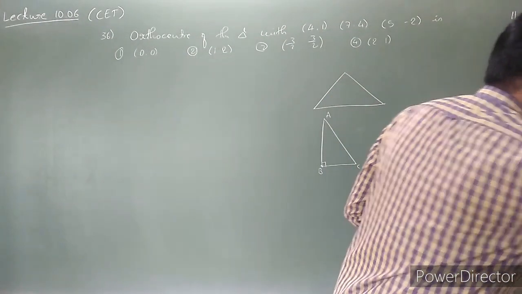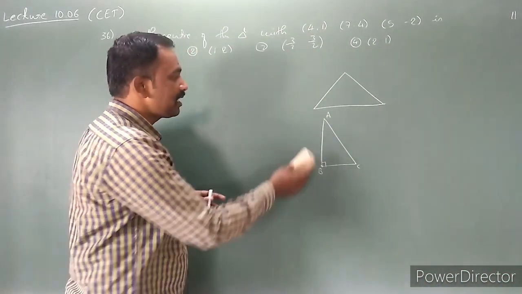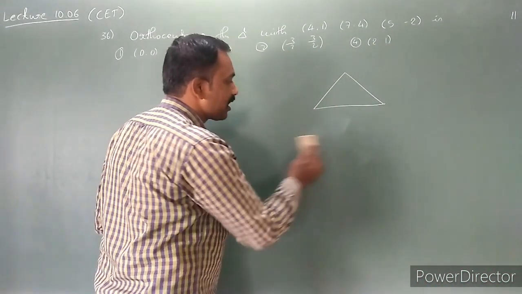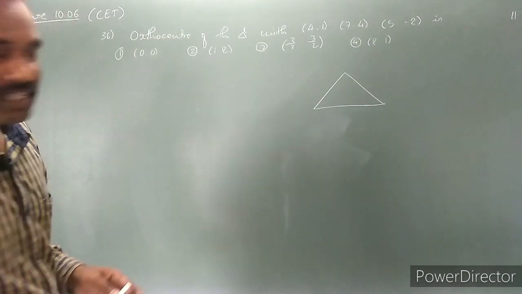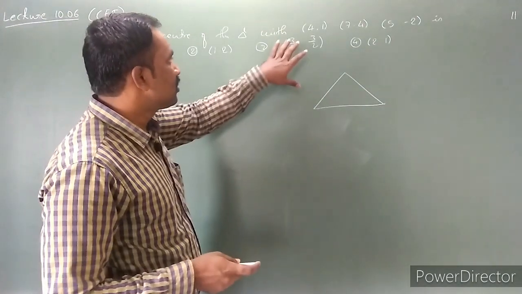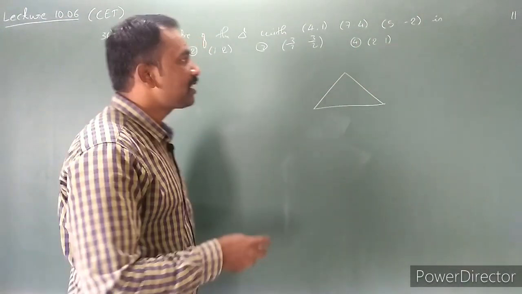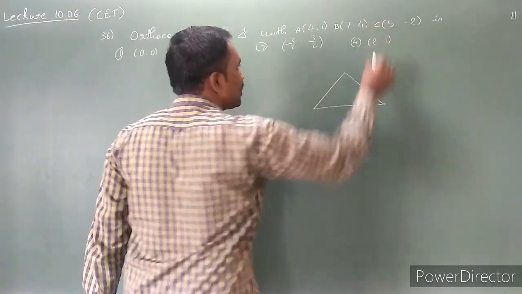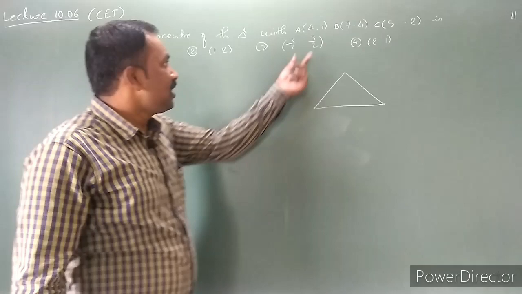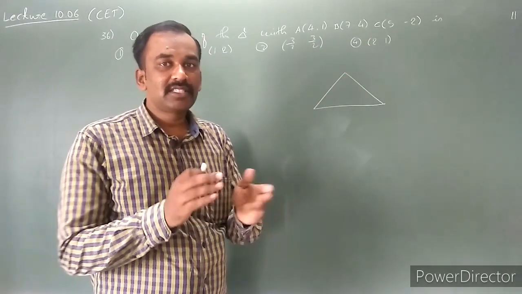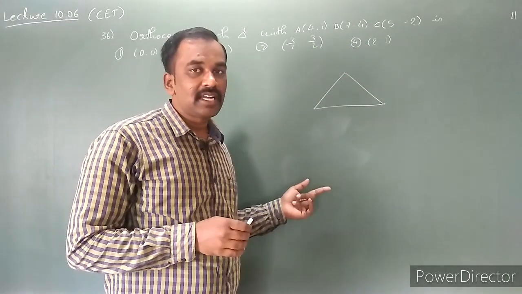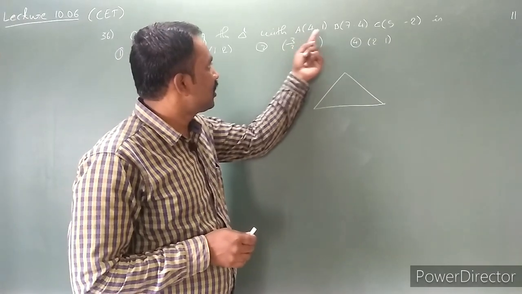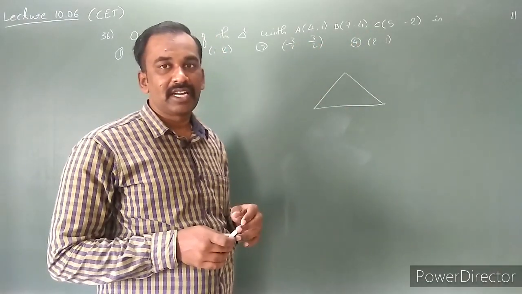From the given vertices, is it a right angle triangle or not? On seeing the vertices only, we can get it. I just name this point as A, this point as B, and this point as C. If any x coordinate or y coordinate is the same, then we can get a right angled triangle. Here the x coordinates 4, 7, 5